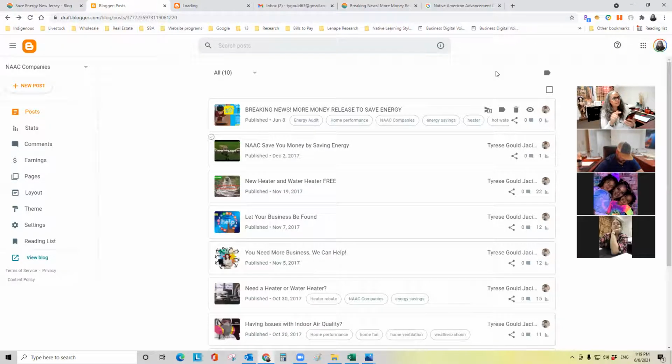So let's share. I'm going to copy to the clipboard now. So there's a little button that says copy to clipboard. So now it's copied to the clipboard. I'm going to share it to the other platforms that don't allow the share. So I'm going to share it to LinkedIn. We'll just do one at a time. Okay, post. Free weatherization,